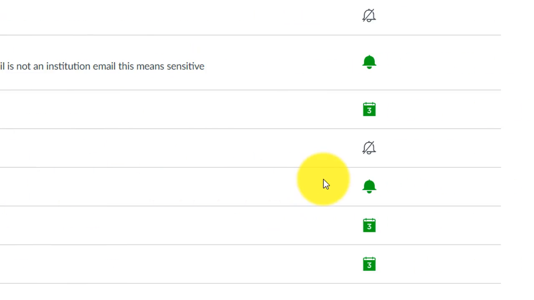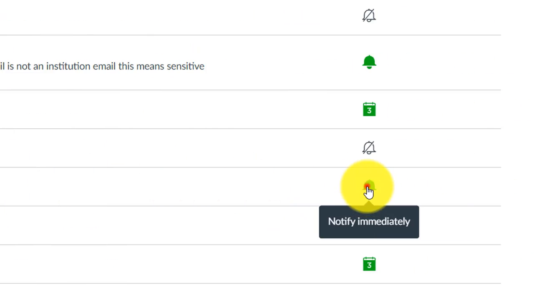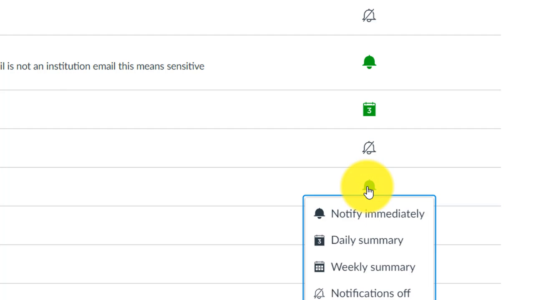Just like all of your other notifications, you have a few different options. You can choose to be notified immediately when something has been submitted. This will give you an email in your Outlook letting you know when it was submitted, what the assignment is, and which student submitted it. You also have the option to use a daily or a weekly summary email, and that would include, on a daily summary,